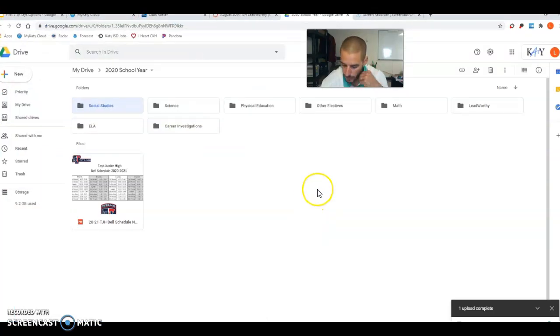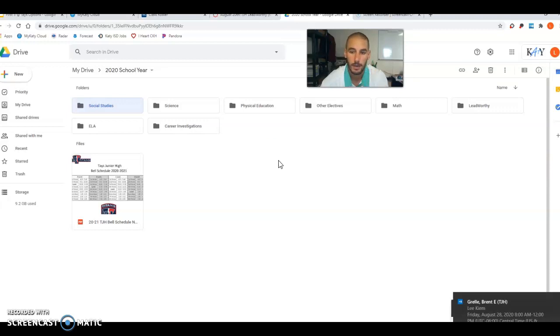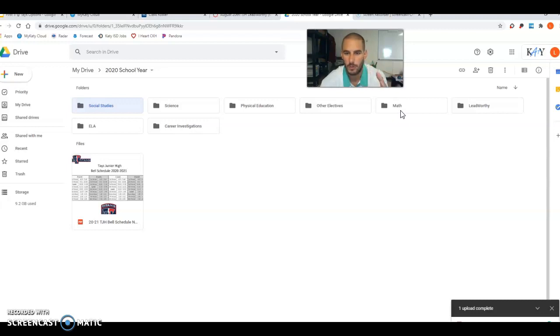So where were we? All of these classes are very important, and I'm willing to bet you either already have content that you could put in there, or content that you will put in there. I know that for a fact, math, you can download those recordings. I know Canvas is the one-stop shop, but it's just another way to organize. And for me, you can put files here, and in Canvas you can't drop in and save files. So, Leadworthy,